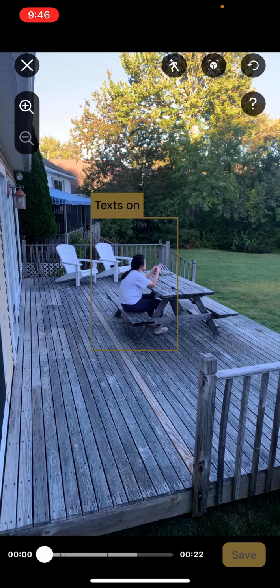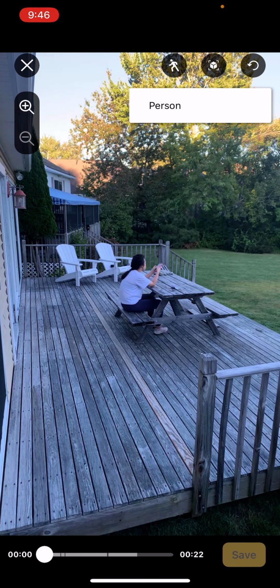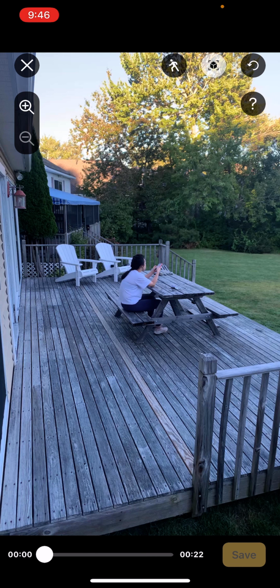To do so, we use the bounding box editing tool located on the top right corner, the box icon that sits on the left of the restart button. Click on that. We see the subject for this video is person, so we choose person. Here's a trick to relabel the bounding box. Once you tap anywhere on the screen, the video will start. Since the actor is performing the first activity, texting, at the very beginning, we want to tap and draw the bounding box on the screen instantly.